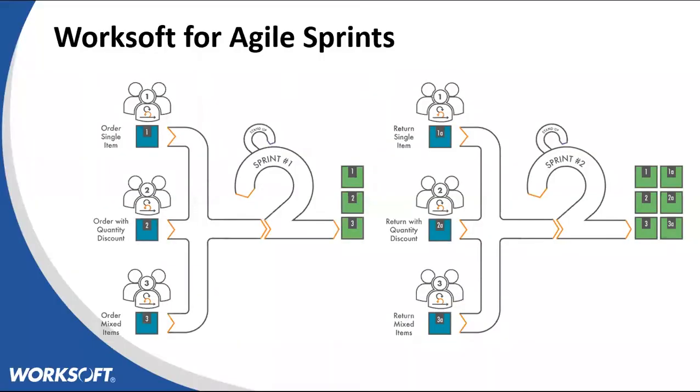Now, Worksoft for Agile sprints. This is how most of our customers, especially those who have been following Agile and SAFe methodologies, are able to use the Worksoft platform to keep up with the sprint teams, business user teams, and Scrum teams, basically, right? So if you look at the structure, there are 3 different user stories being changed at the same time as part of sprint 1. One order single item, order with quantity discount, and order mixed items. All these 3 changes go into your sprint 1 of 4 weeks or 6 weeks, and